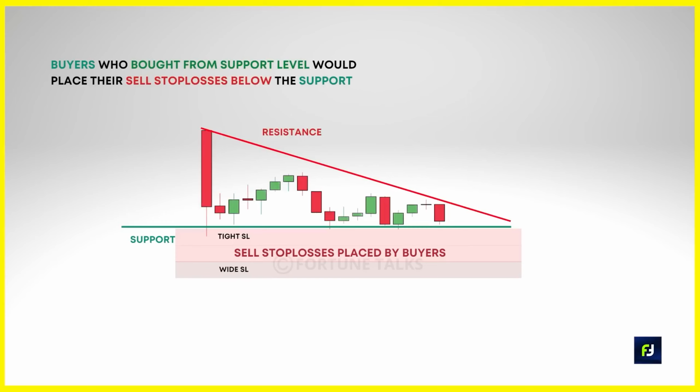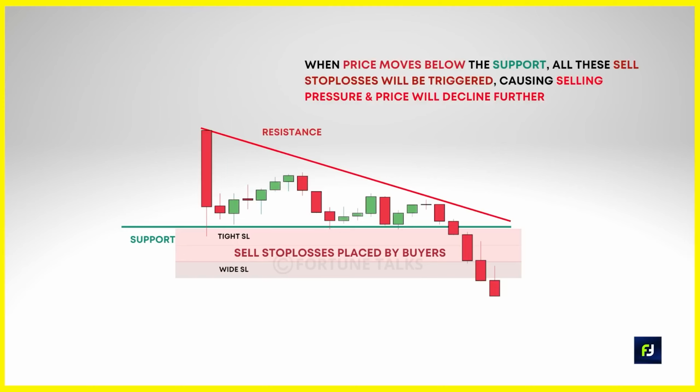This is because many traders will buy because the price is at the support and they will set their stop losses below the support level, since that's what most textbooks teach them. Now as more traders do it, the cluster of stop losses below the support level builds up over time. And since the market moves from one area of liquidity to the other, the price is likely to break below the support and trigger all these clusters of stop losses, which will increase the selling pressure and pushes the price